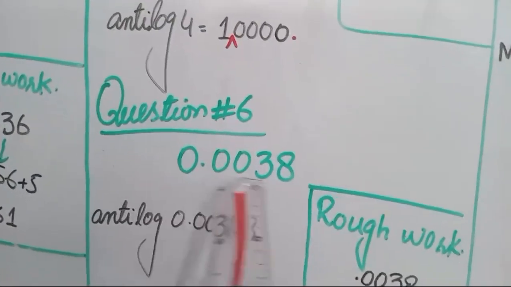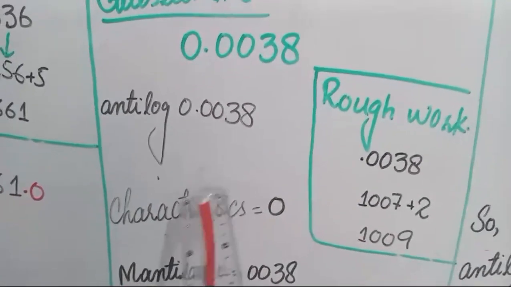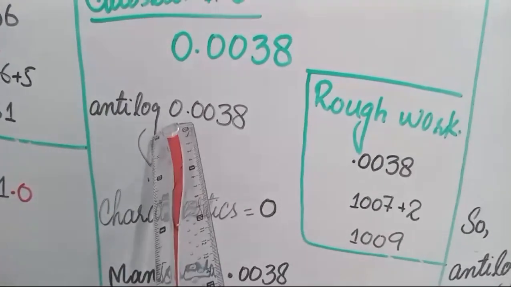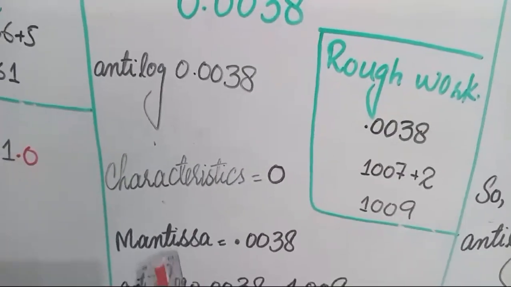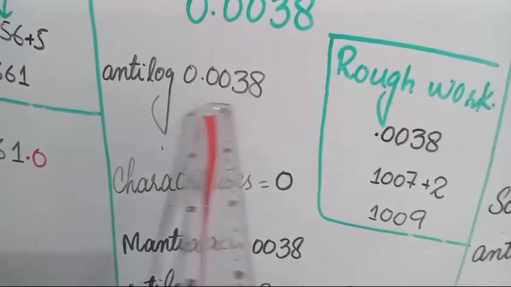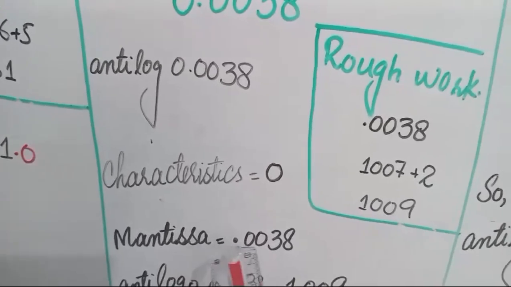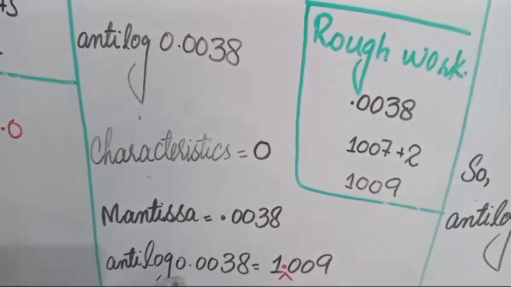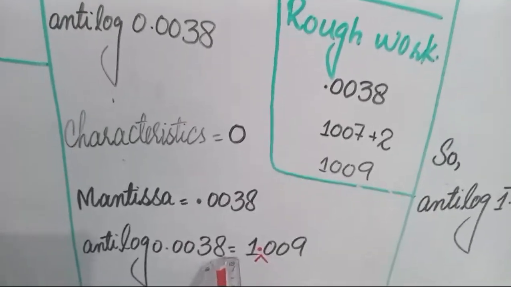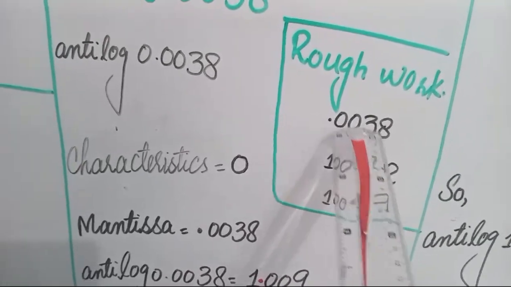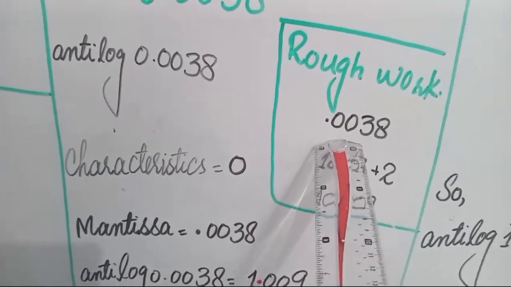Question number 6 is 0.0038. To find the antilog of 0.0038, first of all we have to find the characteristic, which is always before the decimal part. So our characteristic is 0, and the mantissa, as we know, is the decimal part of the number. And we can also say that the mantissa is always the numbers after the point, and to take the antilog we always consider only the value of the mantissa. So to find the antilog of 0.0038, we will find the value of 3 in 0.00, so we will get the